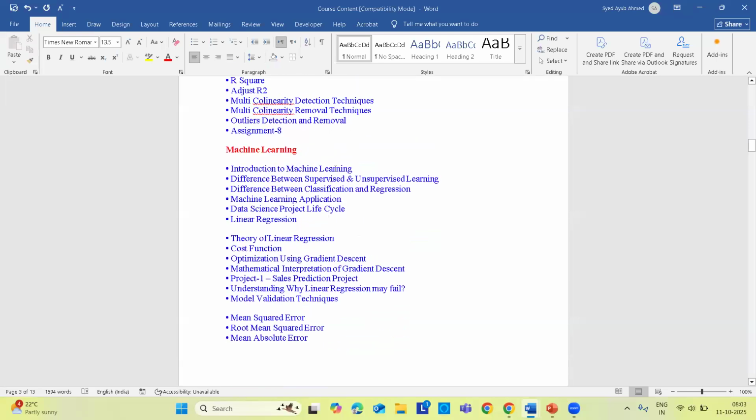Introduction to machine learning. Differences between supervised and unsupervised learning. Differences between classification and regression. Machine learning applications, data science project life cycle. Linear regression, some theory points we'll see on linear regression. Cost function,